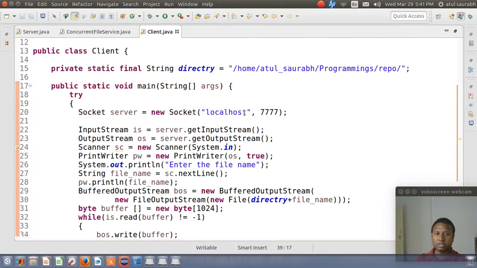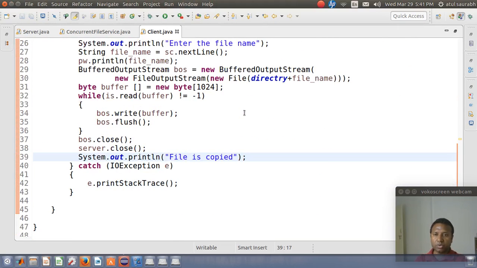That's all. That is how this is a very simple file server. Obviously a real file server has more functionality than this one, but this is just a mimic of a file server. Thank you.